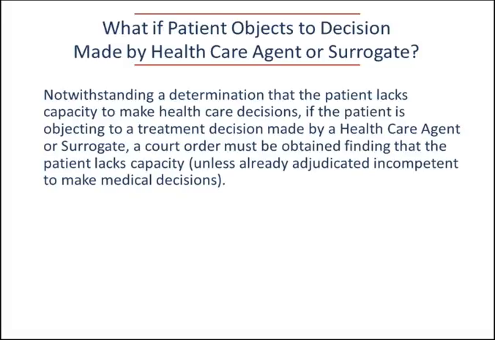And we've done this many times. I'll give you a classic example: a patient who was psychotic, didn't believe that the mass in the belly was perhaps cancerous or was a mass, and thought it was some evil person who put the snakes in their belly. Even though that person is saying, no, I don't want the surgery, and their surrogate decision maker is saying, yes, let's save this person's life and do the surgery, we still have to go get a court order. And that's because that's what the law requires.